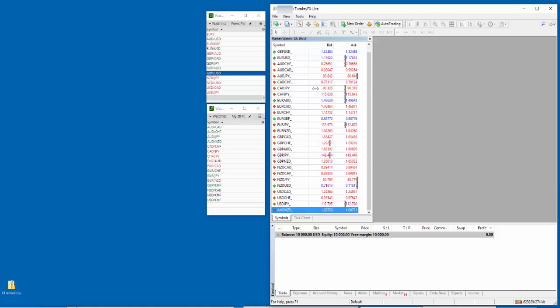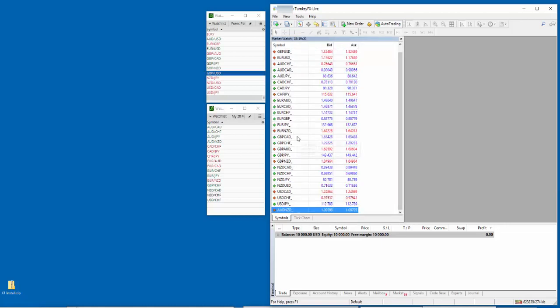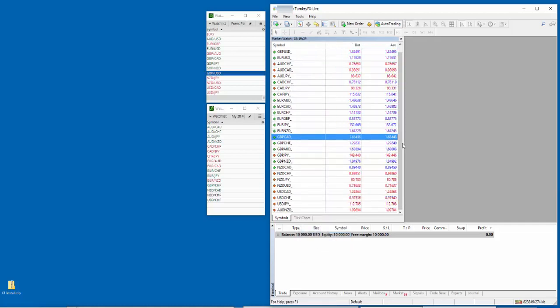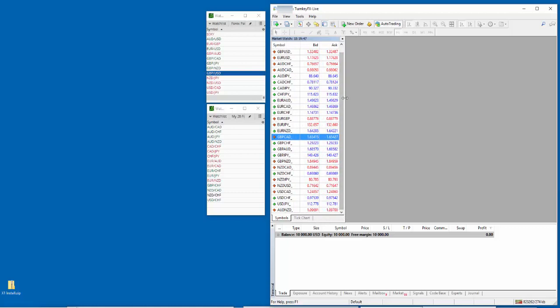So what we're going to do is make our market watch window thinner, about like that, because we will have to scroll up and down in it. Now, when you did that, let me show you, it took all of these columns and scrunched them all up real small to where you can't read this. Well, the way that we fix that is before we make the column more narrow,